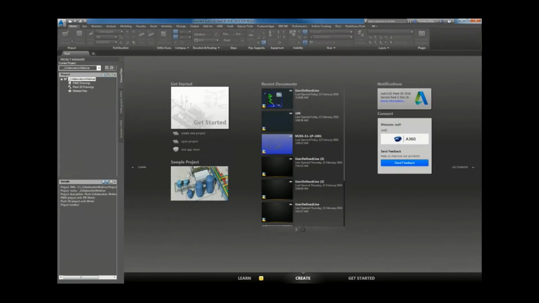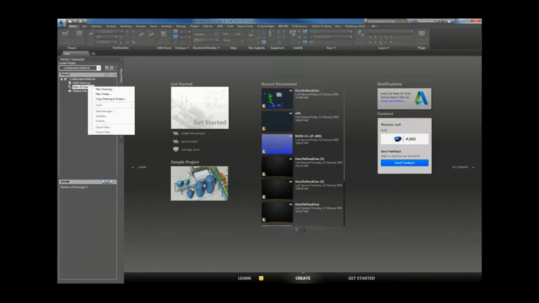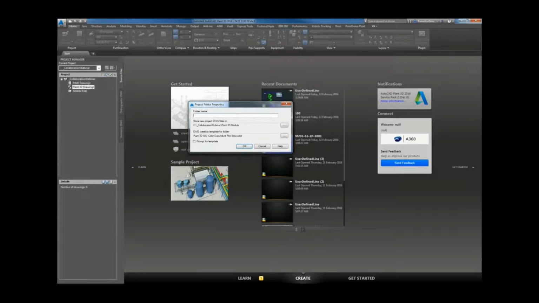So what I've done here, I've created my plant project, and as is normal practice, we've got PNID, Plant 3D drawings, and related files. The PNIDs is pretty self-explanatory. I've done other YouTube videos on doing that and setting them up. But what I'm going to have a look at here is creating some of the folders and files under the plant. So I'm going to start off with some folders. And I'm just going to leave them under the normal directory. So we're going to create